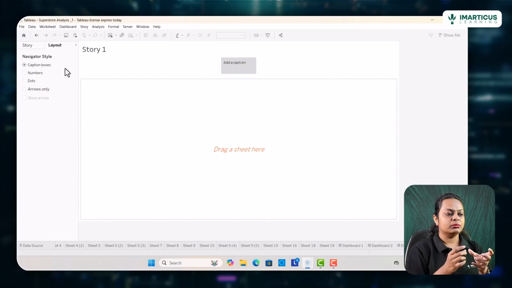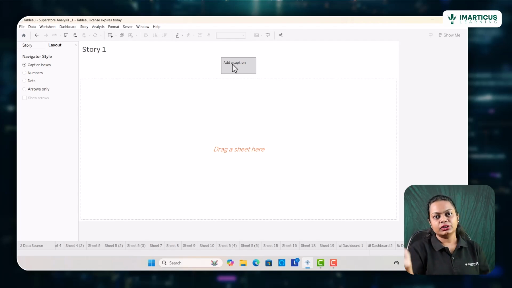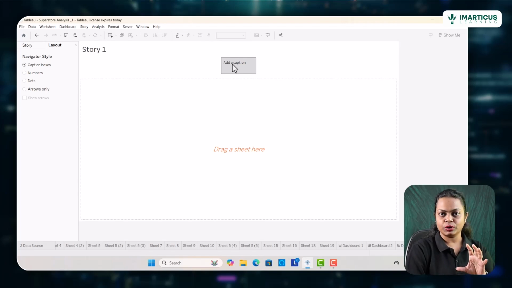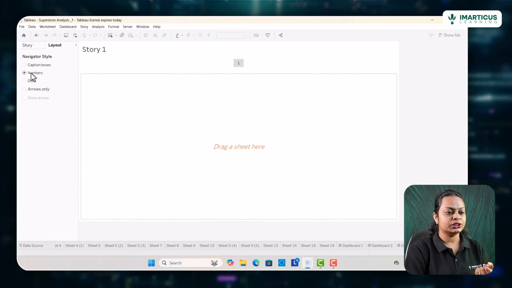And the benefit of having a caption box is that you can give a caption here, right? So when you are presenting and you decide to jump from one of the slides to some other slide, the caption will enable you to understand what is present on that slide where you're trying to jump onto, correct? So these caption boxes are usually a preferred option, but you also have some other navigation styles that you can